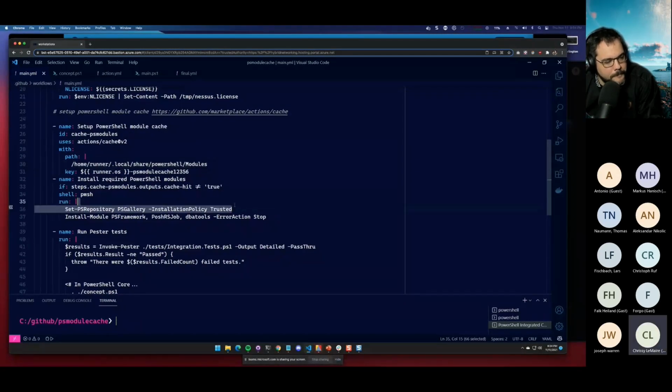I also didn't want them to have to go through this step of trusting the repository and forgetting to do it. And so that's when I was like, I'm going to finally have something to build an action for, and you know, we could save the world. So